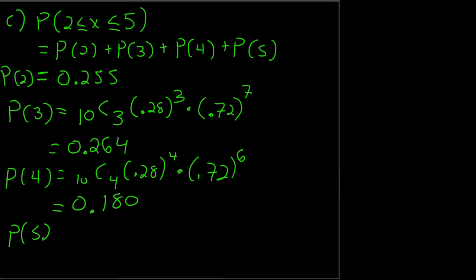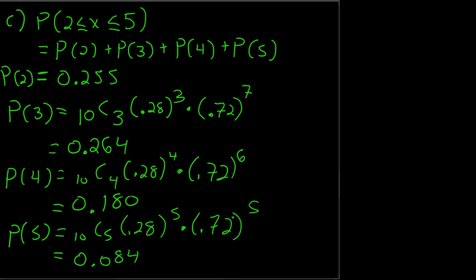And then my probability for 5, which will be 10 C 5, 0.28 to the fifth times 0.72 to the fifth. And I get